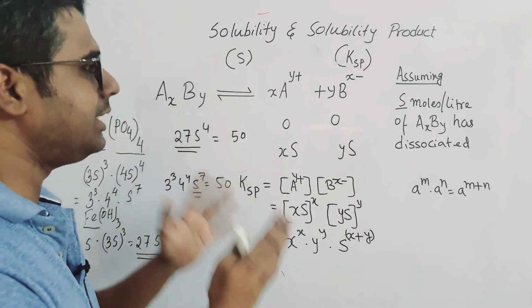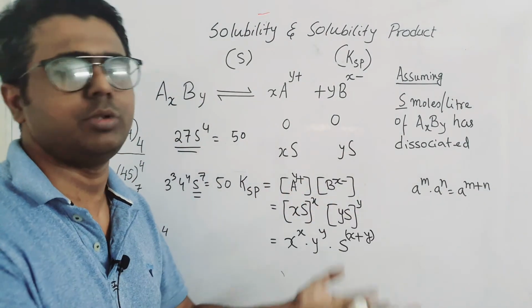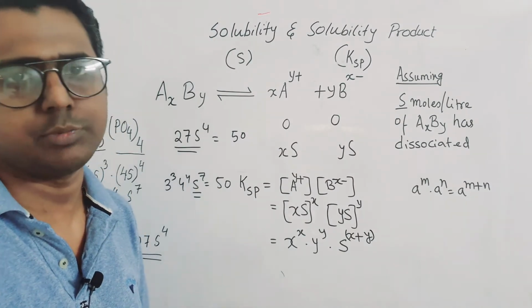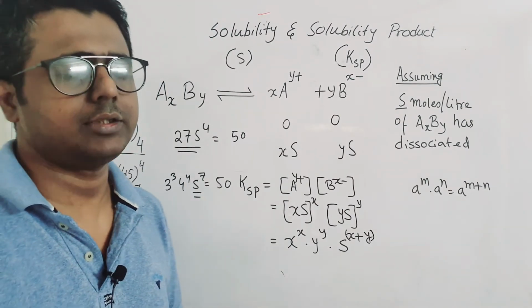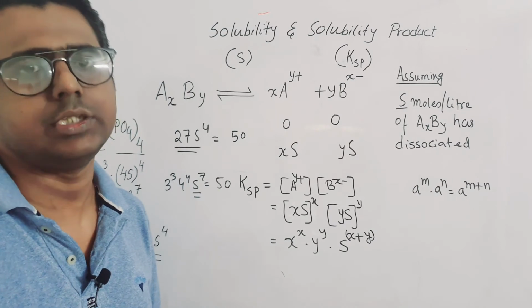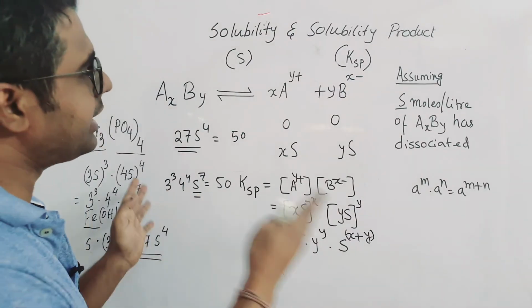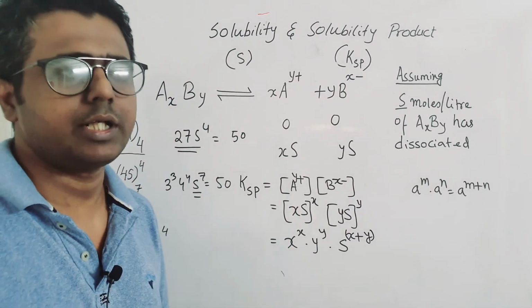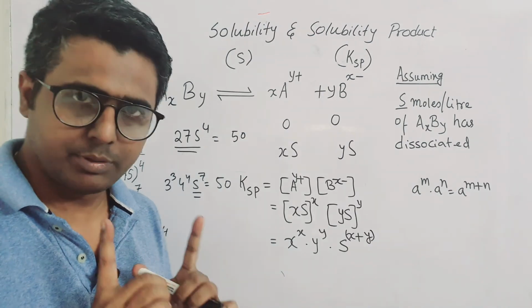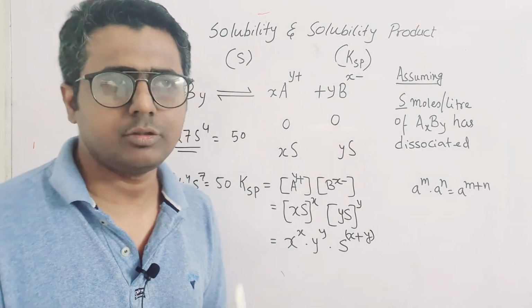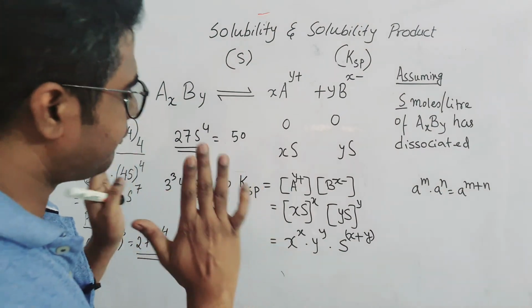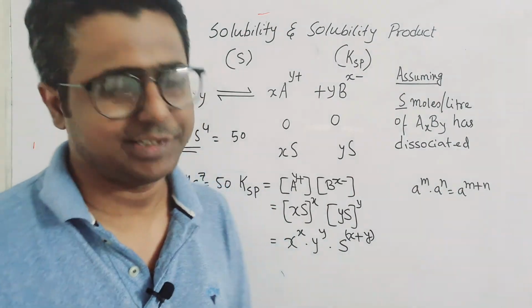Just by blindly seeing that Ksp is more, so solubility also will be more, don't make this mistake, because this problem has been asked various times in NEET, once in JEE Main. ठीक है ना, they have given you Ksp and they have asked you to write the order of solubility. So remember these small things, don't get in a hurry, just calculate the solubility and do it. ठीक है.